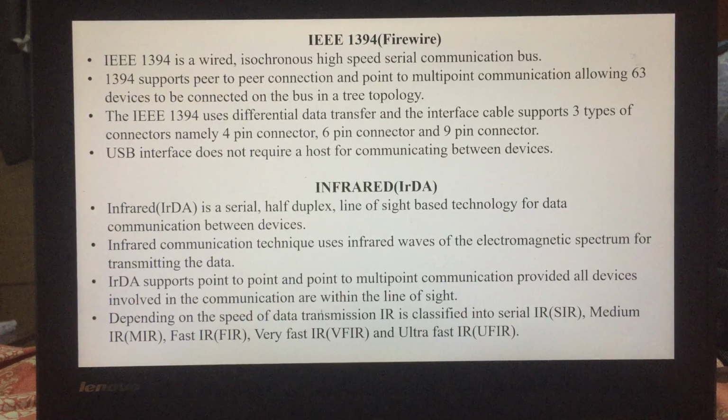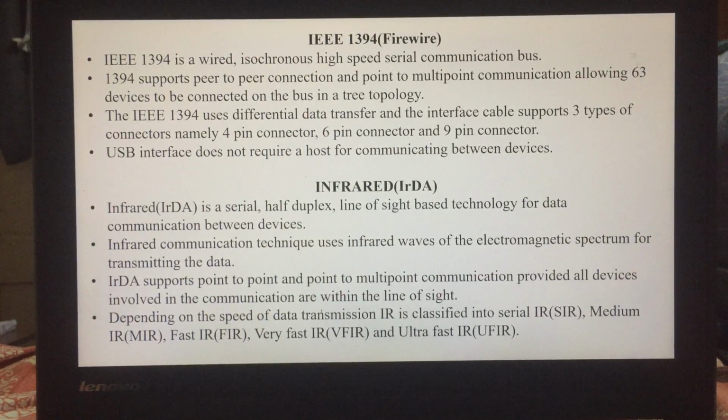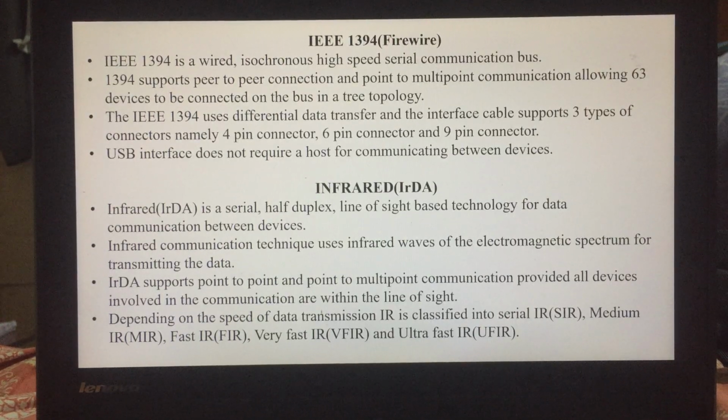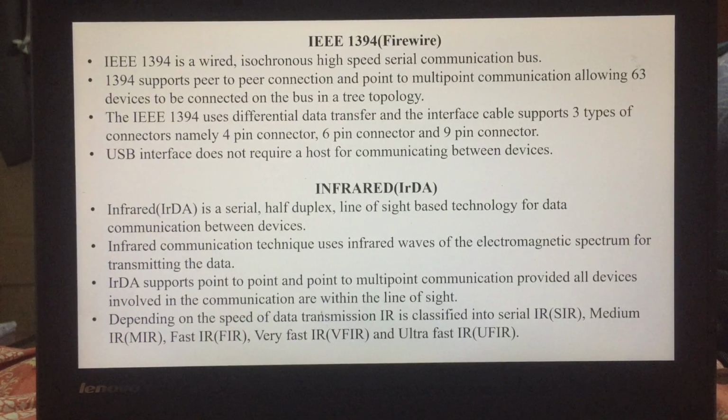IRDA communication has two parts, namely a physical link part and a protocol part. The physical link is responsible for the transmission of data between the devices and the protocol part is responsible for defining the rules for communication. The physical link works on the wireless principle, making use of infrared for communication. IRDA specification includes the standard for both the physical link and the protocol layer.